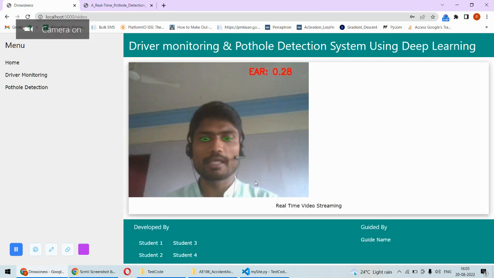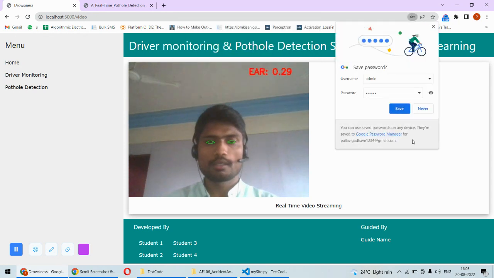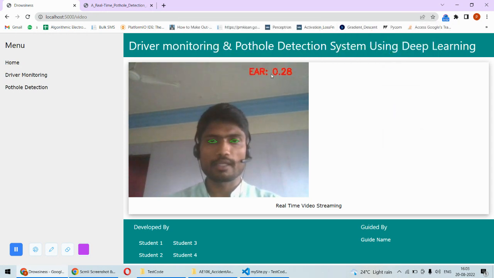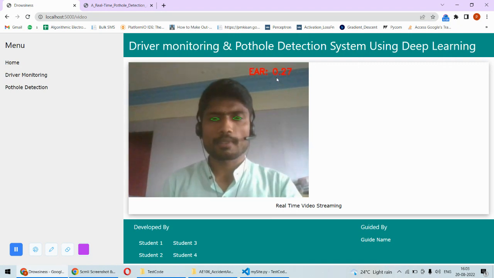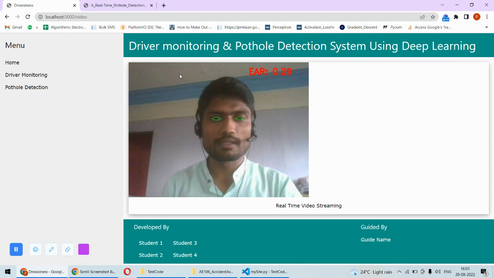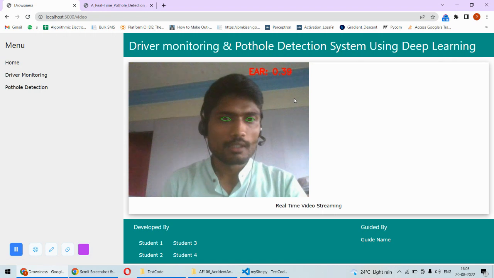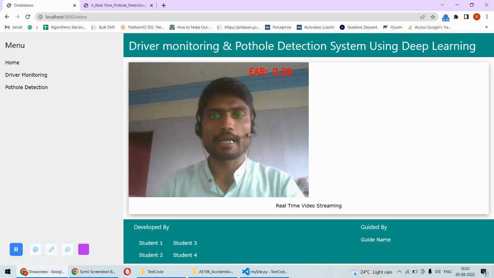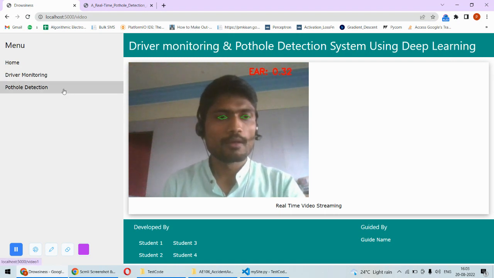Now here the real-time camera of your system will start, and it is actually calculating the eye aspect ratio. Now if you try to close your eyes, you can see here there was a drowsiness alert and there was an alarm as well. I don't know whether it was audible in the video or not, but yes, there was a drowsiness alert over here, and it was alarming in the headphones. Now this is one system that we are doing here. We are actually measuring the opening ratio of our eyes, and this is the eye aspect ratio we are printing over here. Now let's talk about the second system.